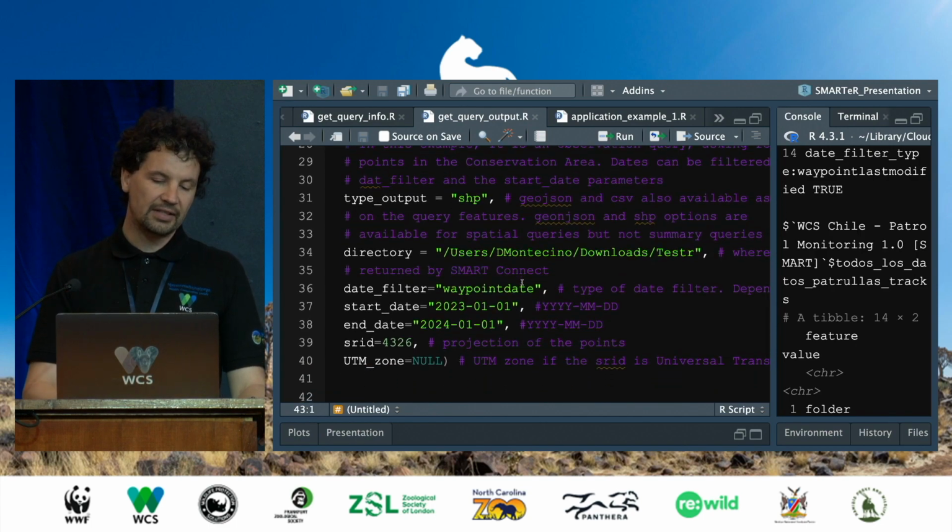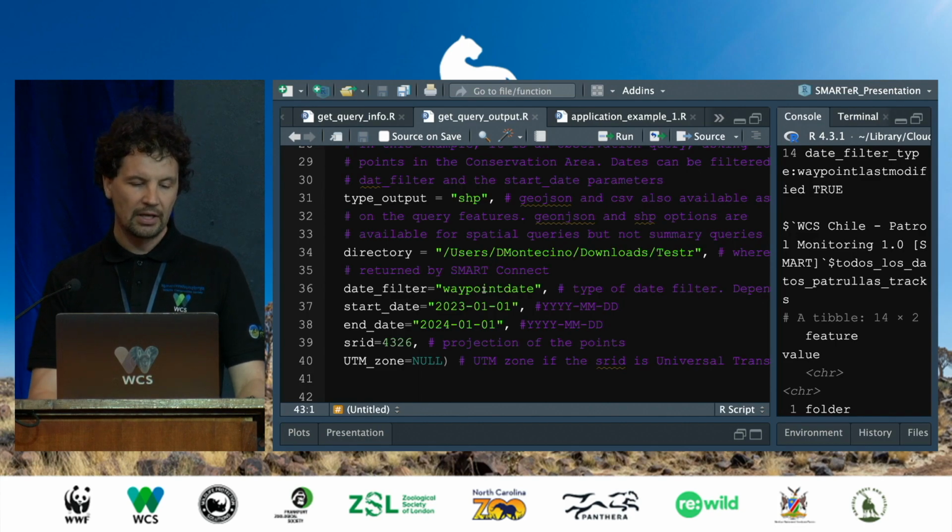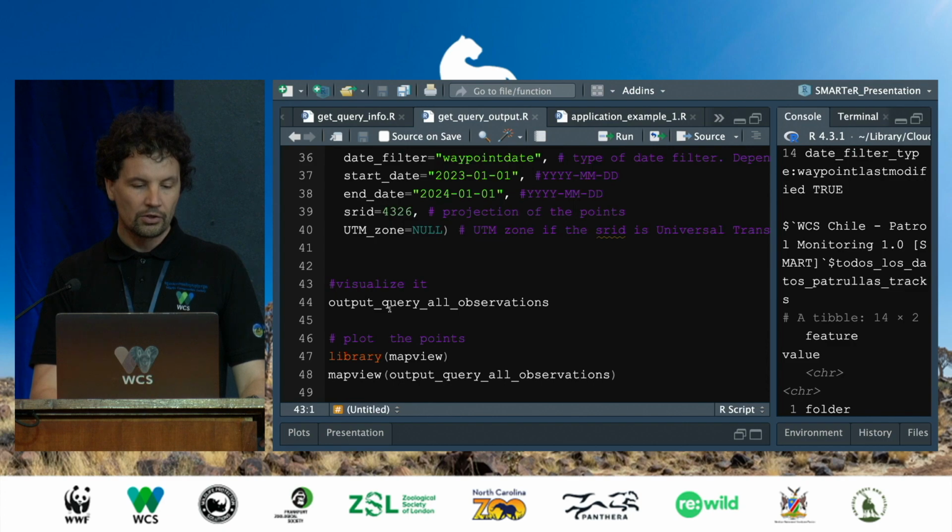The date filter type, the type of filter, in this case waypoint date, you have 3 types, and then if I want to filter by dates of the information that I want to get in the output, I can do this with a start date and an end date. Okay, so